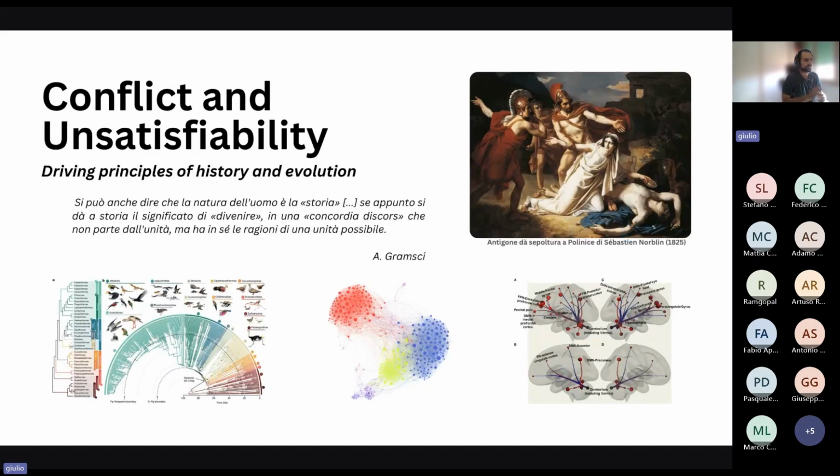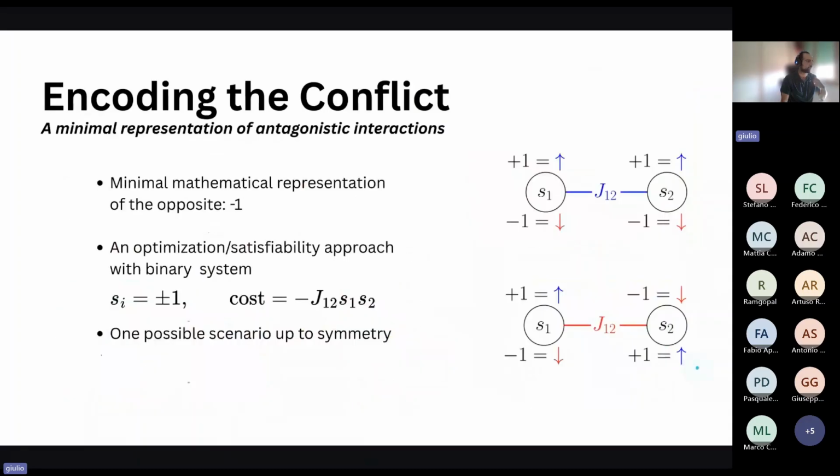So we start with a very introductory and philosophical slide. Conflict dates back way before physics came, and it is a driving mechanism, as Gramsci reminds us, of human history. But nowadays we would say of any complex system, from ecological ones to social networks, and even the brain, where the excitation-inhibition ratio of 80-20 sits at the core of this perfect balance that allows intelligence to work and intelligent life to go on.